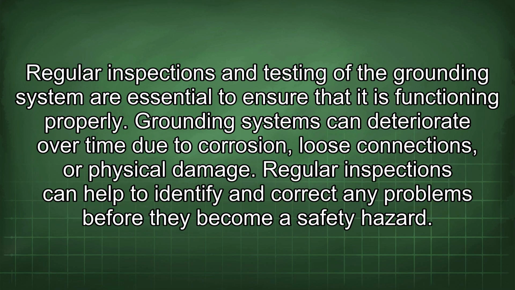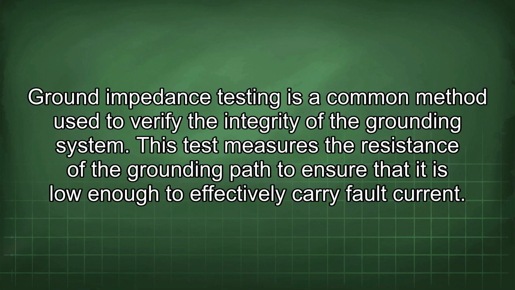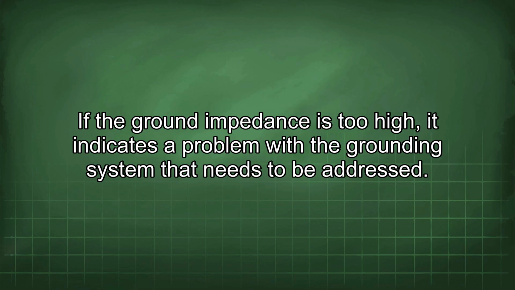Regular inspections and testing of the grounding system are essential to ensure that it is functioning properly. Grounding systems can deteriorate over time due to corrosion, loose connections, or physical damage. Regular inspections can help to identify and correct any problems before they become a safety hazard. Ground impedance testing is a common method used to verify the integrity of the grounding system. This test measures the resistance of the grounding path to ensure that it is low enough to effectively carry fault current. If the ground impedance is too high, it indicates a problem with the grounding system that needs to be